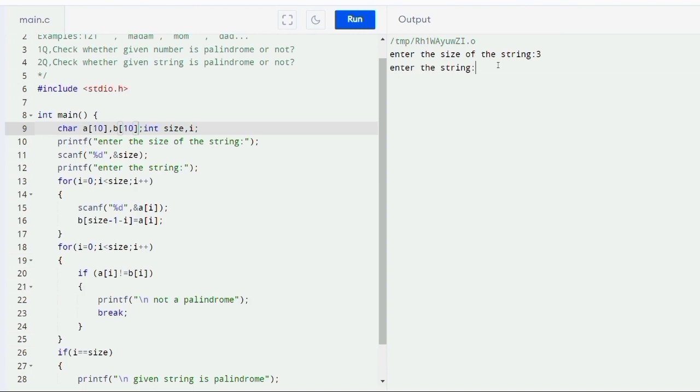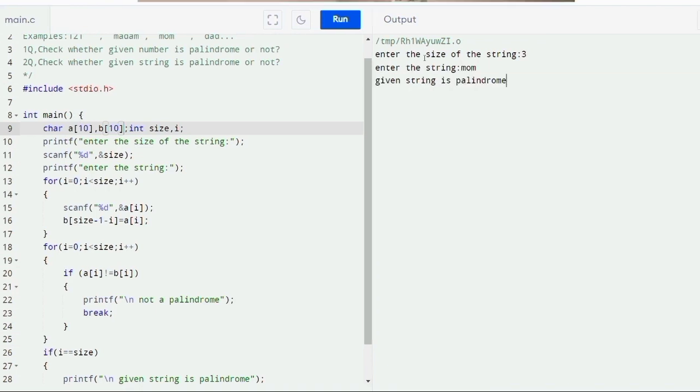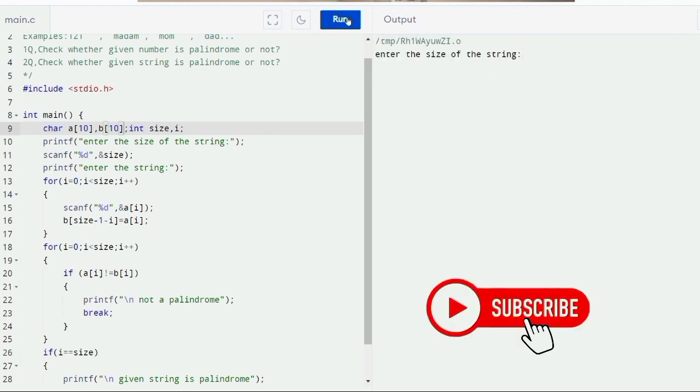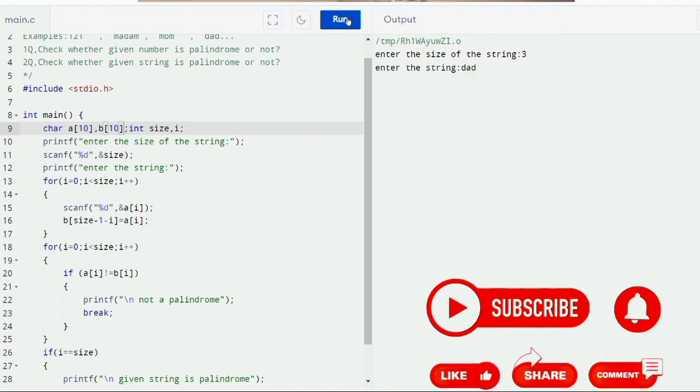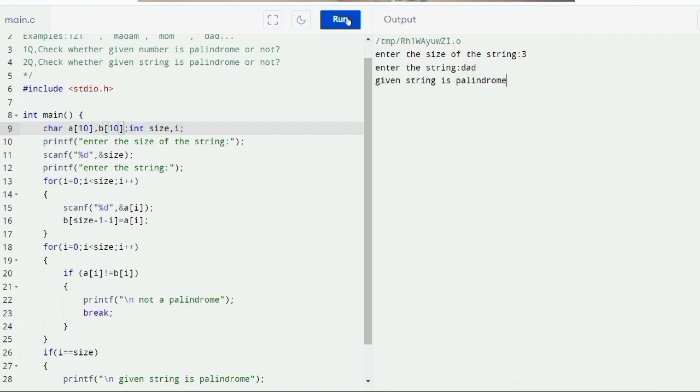Here it is asking to enter the string. Our next example is mom, and the given string is a palindrome. So let us check for dad. Dad is of size 3. Now let us enter the string dad. You can check out here, given string